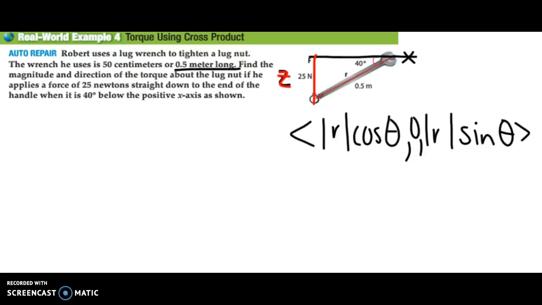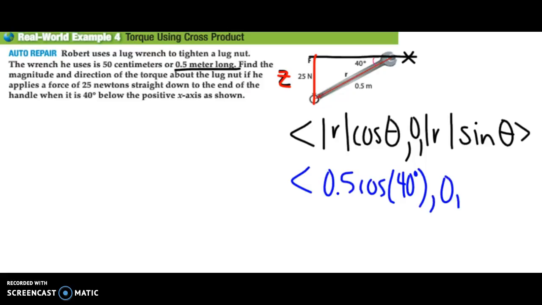So I just plug in the numbers that I know. My magnitude is 0.5, cosine of 40 degrees on the x-axis, 0 in the y-axis, and then 0.5 sine of 40 degrees in the z-axis. So I put that into my calculator, and I find that my vector ends up being